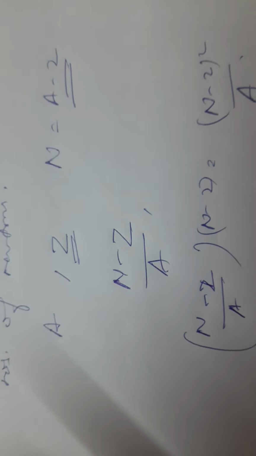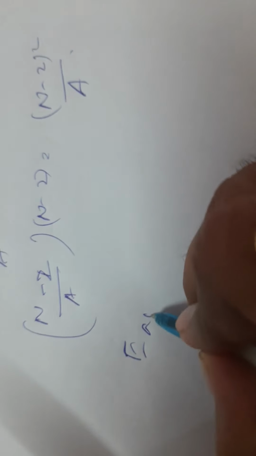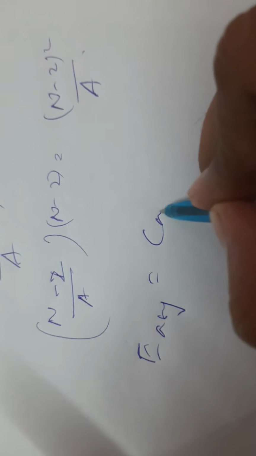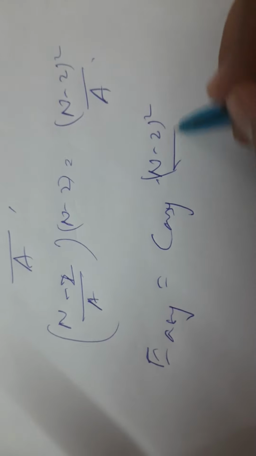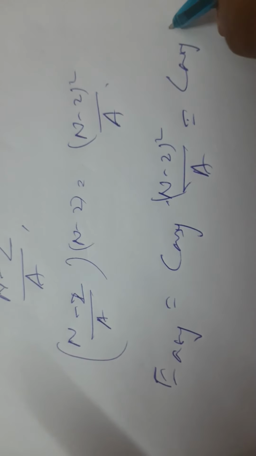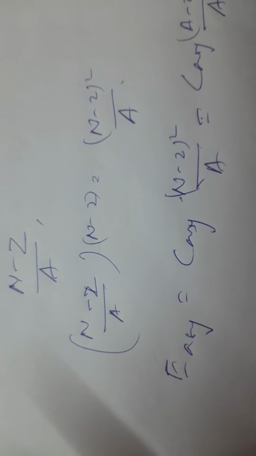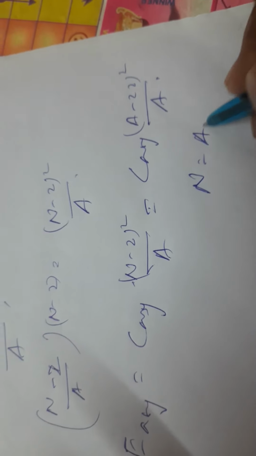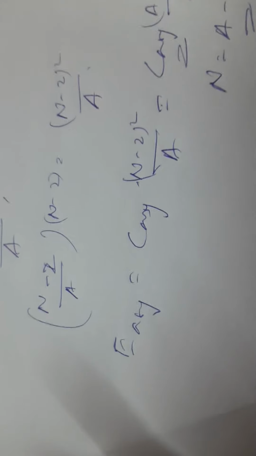Therefore the asymmetric binding energy term is expressed as E asymmetric is equal to C asymmetric (N minus Z) whole square by A. Further you can write it like this: C asymmetric (A minus 2Z) whole square by A, since this could be obtained because N is equal to A minus Z. So this is again, C asymmetric is a constant. Next we have